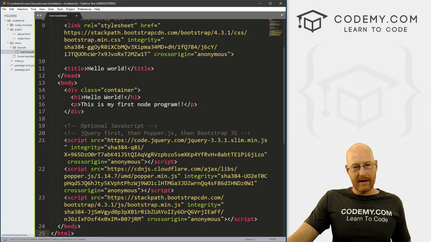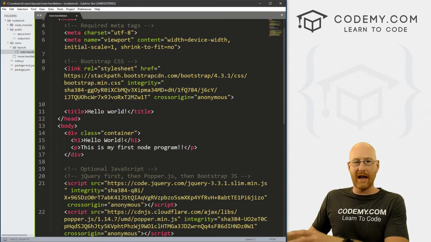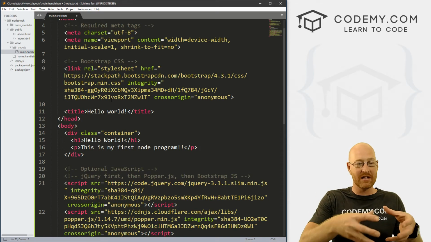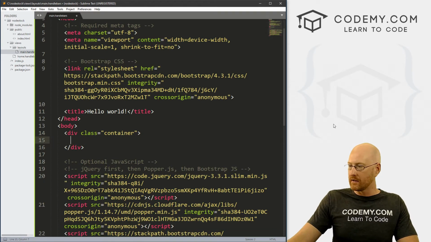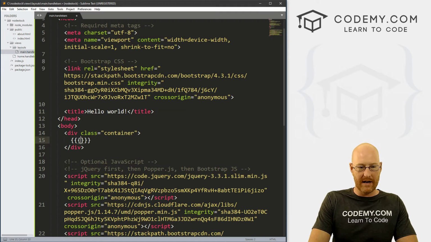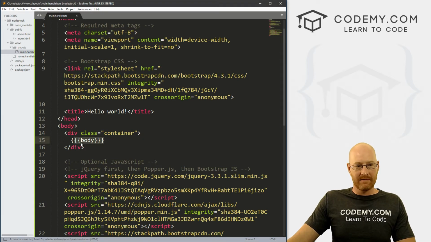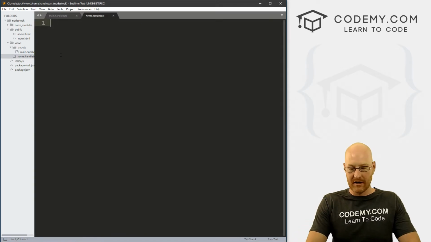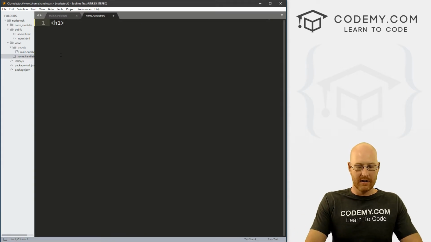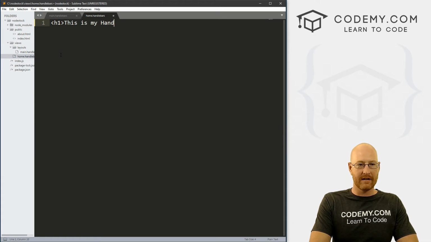Now, the program will pull every individual web page that we have into this file, and it will output it where we say. And where I want it to output all of our web pages is right here. So to do that, we just type two sets of three squiggly brackets, an opening 1, 2, 3 and a closing 1, 2, 3, and just type body. So let's save this, and this will be a little bit more apparent in just a second. Next, let's go to this home.handlebars page, and this is going to be our actual web page. So let's call it my handlebars homepage,